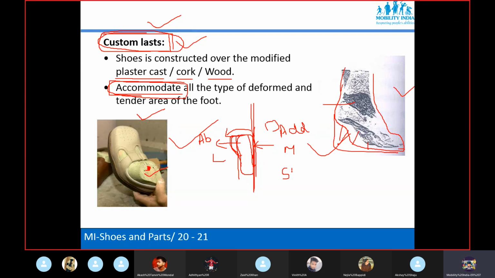If you're not going for surgery, then just accommodate. If they are willing to go for surgery, then send for surgery. And after surgery, again they can use the normal foot. If deformity is fixed, otherwise just accommodate, maintain the same shape.